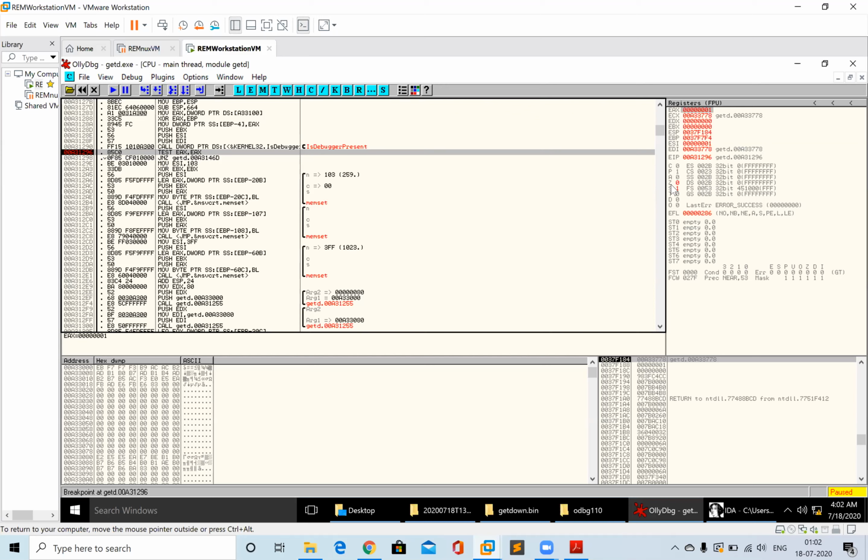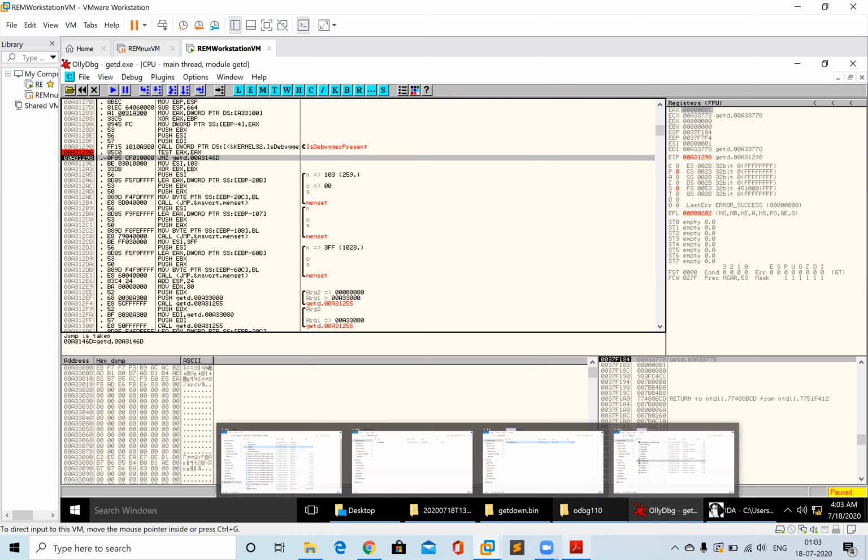This is the zero flag. It is 0, so let's step line by line now. You see that the zero flag is 0 over here. And now the jump not 0.